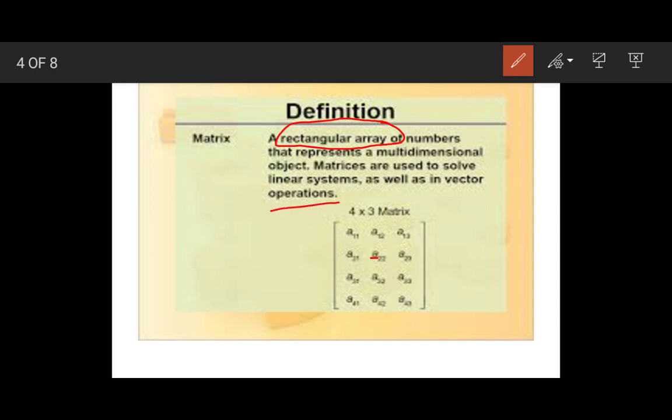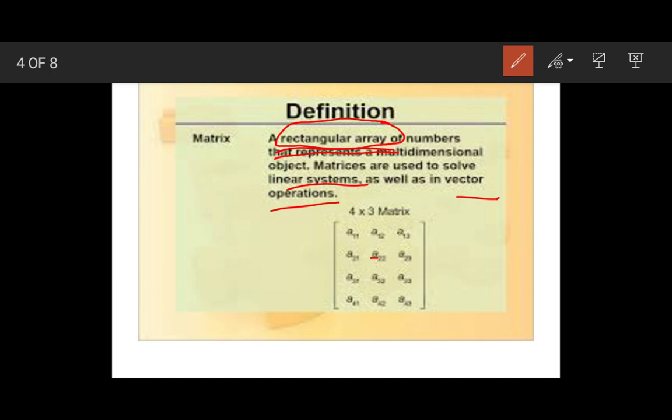These are the applications of matrices that we are going to see in the last part, in application of matrices. So mathematically we can define a matrix as a rectangular array: numbers represented in the form of a rectangular array is known as a matrix.